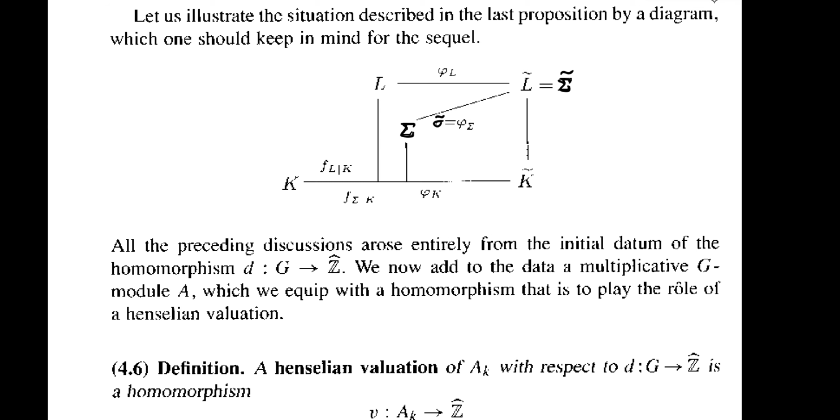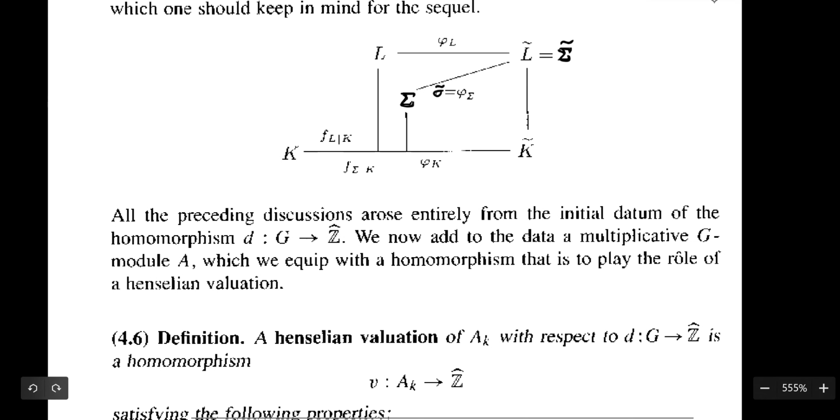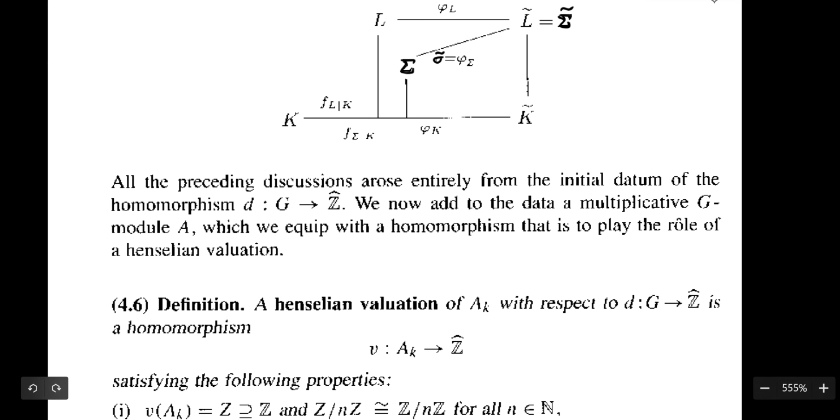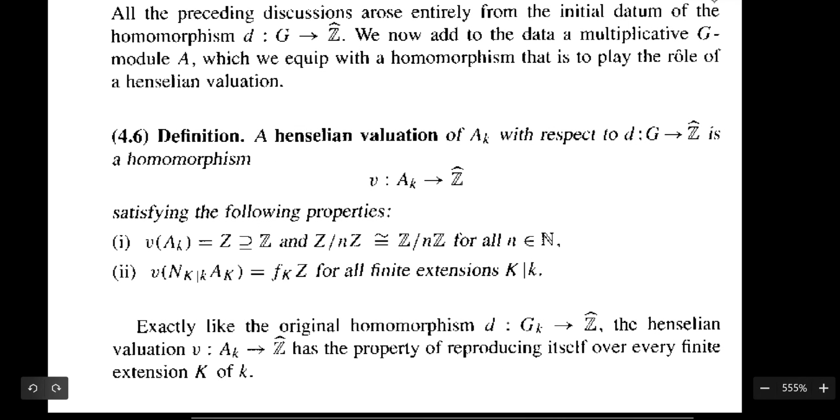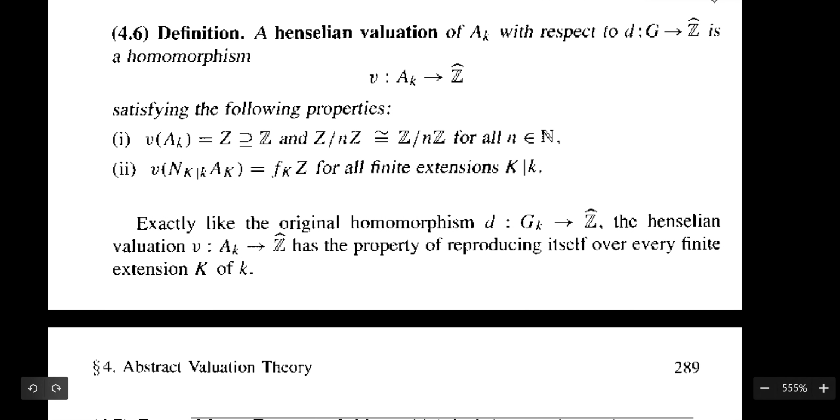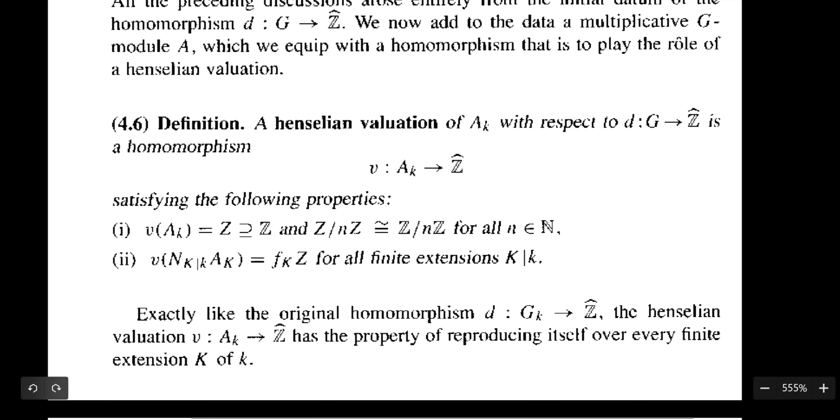Nice. All the preceding discussion rows entirely from the initial data of the homomorphism. We now add to the data a multiplicative G-module A, which we equip with a homomorphism to play the role of a Henselian valuation. A Henselian valuation